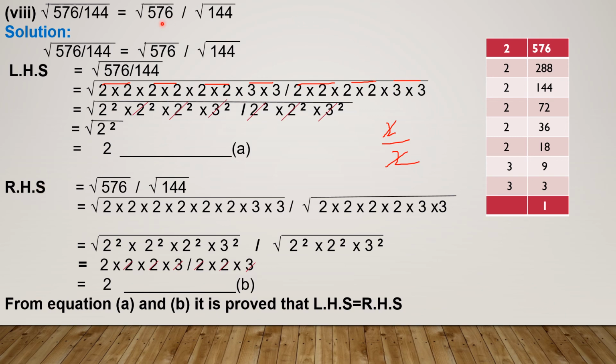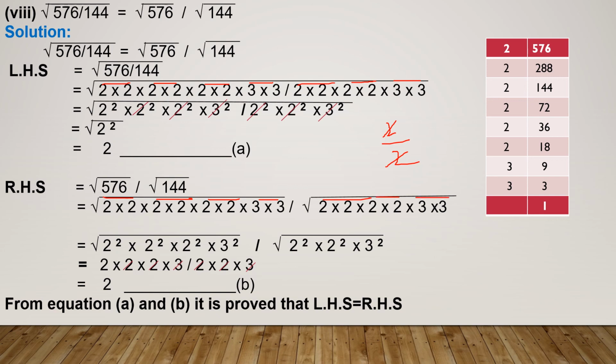Take the right hand side. In the right hand side, the square root is separately written on the numerator as well as on the denominator, so we will write it as it is. Instead of 576, we will write all the factors of 576, then the sign of division and then the factors of 144. In the next step, we will make their pairs. This is first, this is second. Must draw the lines on these pairs so that there will be no mistake in your work. After putting the lines, you will write all of these pairs in the form of squares that we have written over here.